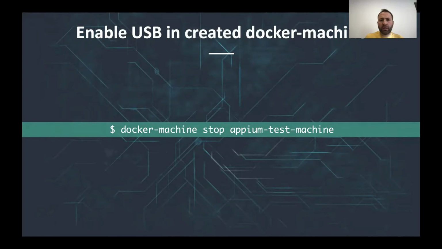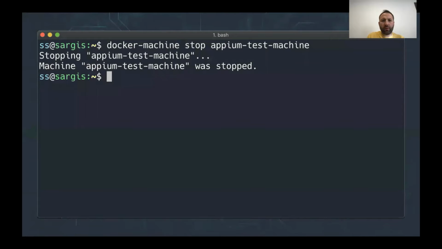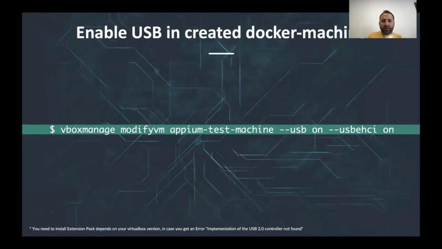To be able to connect your phone to the computer USB and map this USB port to the USB of the virtual machine, we need to enable the USB for the Docker machine. To be able to enable this USB, first of all, we need to stop this machine. When we stop the machine, we can run the command